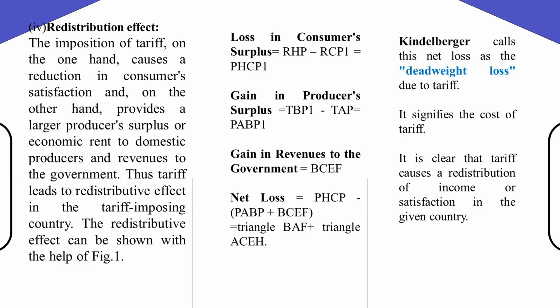Kindleberger calls this net loss the deadweight loss due to tariff. It signifies the cost of tariff. It is clear that tariff causes a redistribution of income or satisfaction in the given country. Consumers suffer a loss while producers and government make a gain. So the next effect is the